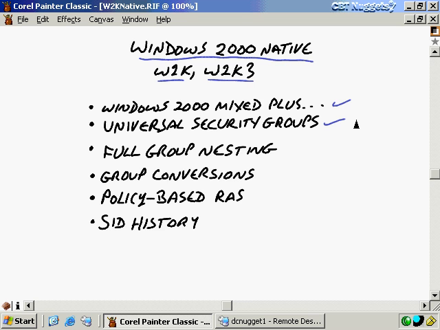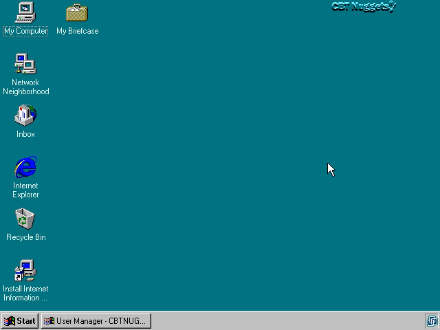To make universal security groups would be a whole other matter, and it's only available starting with Windows 2000 native, and then after this you can also use it in Windows Server 2003 domain functional level, which we'll cover shortly here. We also have the ability to do full group nesting, and this is certainly something you want to be aware of. Now, to really illustrate that, let's go back to an NT4 computer, which is a domain controller for